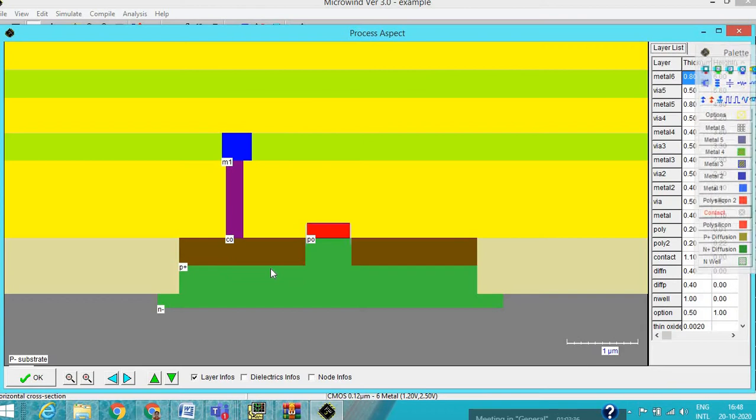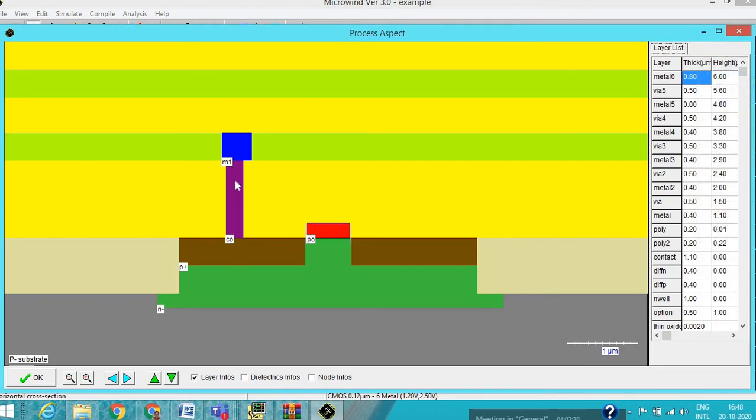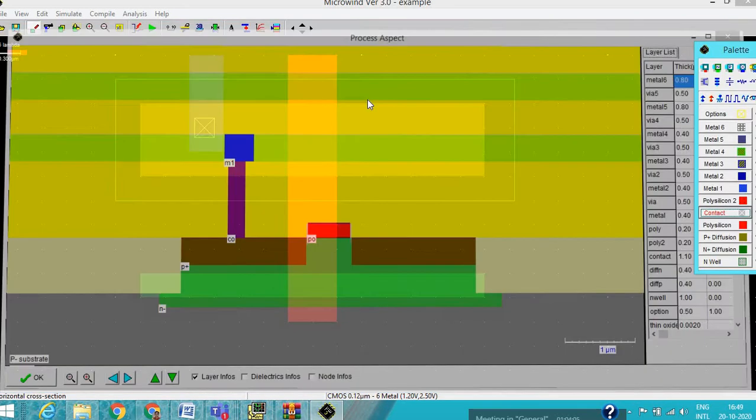Now let's see again how it looks after the contact. Once you put the contact, here you can see this conducting material is filled. It makes the hole, right, and it is filled by the conducting material. So now the P plus is electrically connected with this metal, right? So whatever signal we apply, VDD or any signal, will go to the substrate, this area, the substrate region, right?